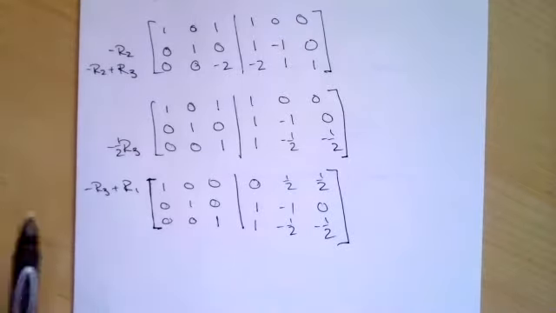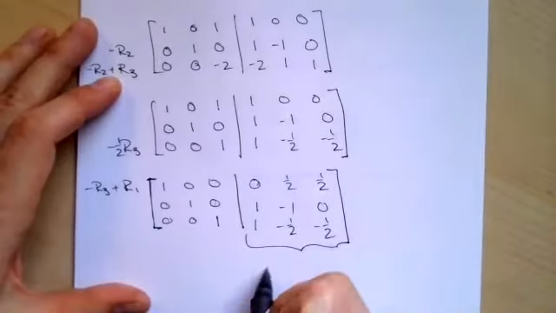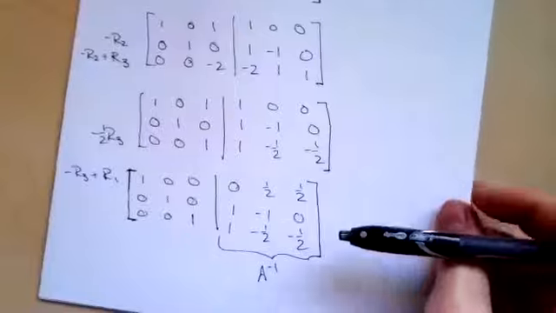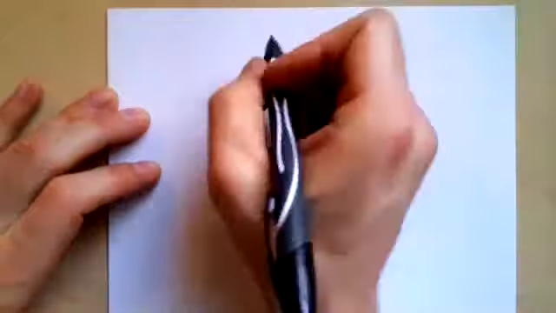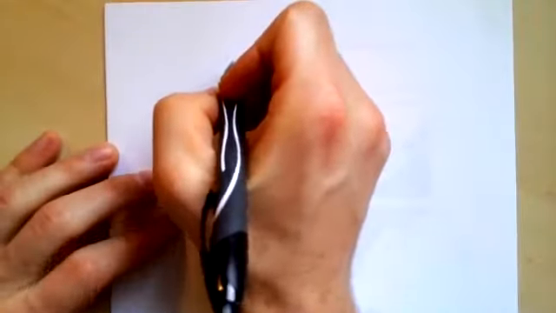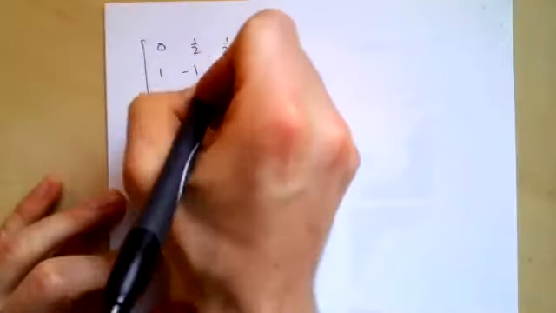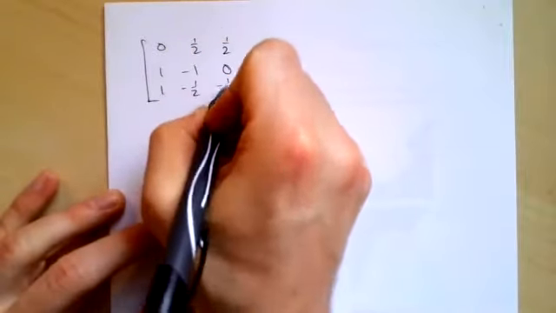Okay, so we performed all of our operations. So this guy should be A inverse. And so by our work, our system of equations, we should have, let's go ahead and write it out just to check our inverse real quick. So we have our A inverse: 0, 1/2, 1/2, 1, minus 1, 0, 1, minus 1/2, minus 1/2,